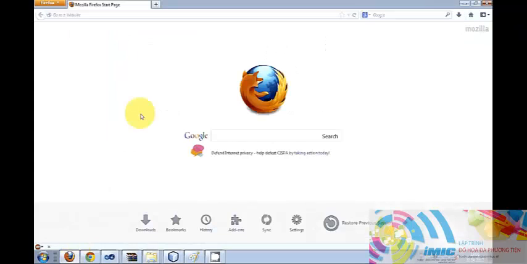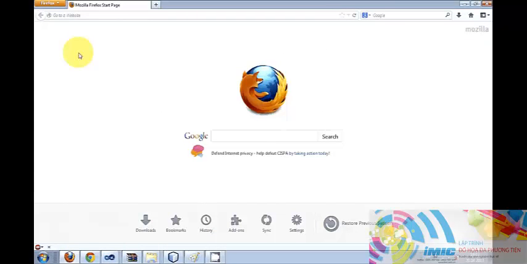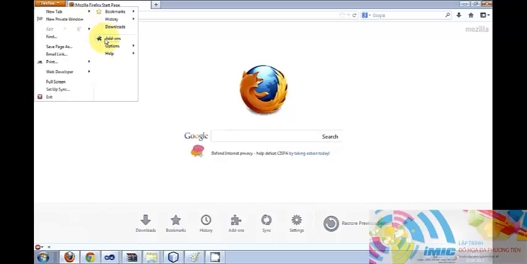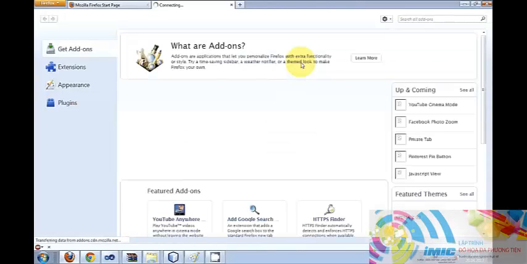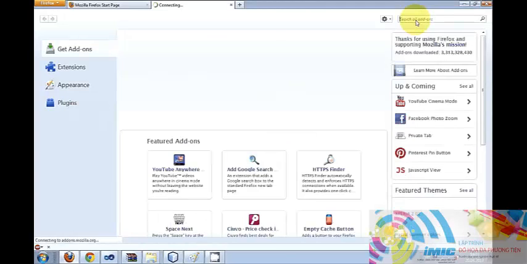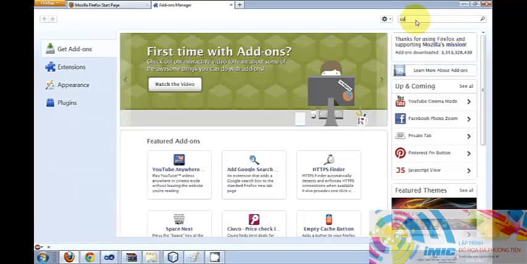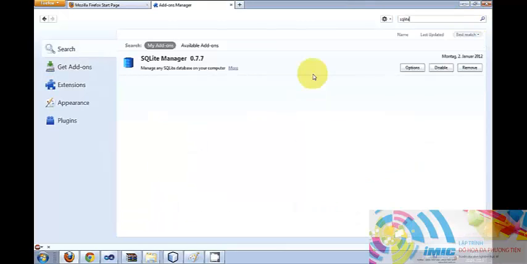If you don't have Mozilla, then download it, and go above this Firefox here and go to add-ons. In the Firefox browser, go to add-ons and then here type Sqlite. In the search for add-ons, type Sqlite and search for it,